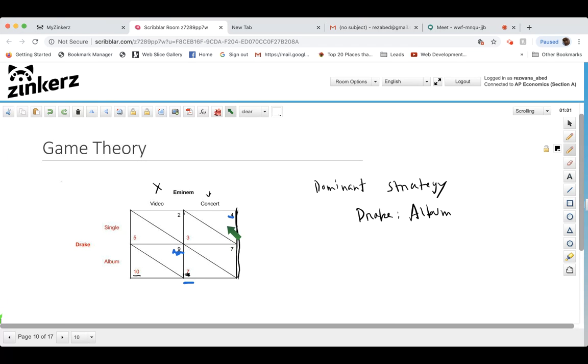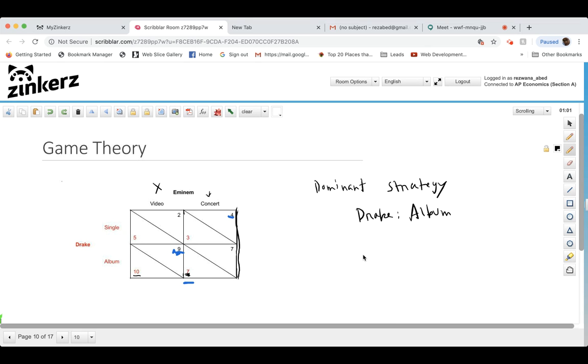How do you know, like, this is preset, like they tell you what number goes in each triangle? Yes, they will tell you. Is there a way to figure it out? No, they will have to tell you that. The numbers you'll be given. You'll just have to do the analysis.